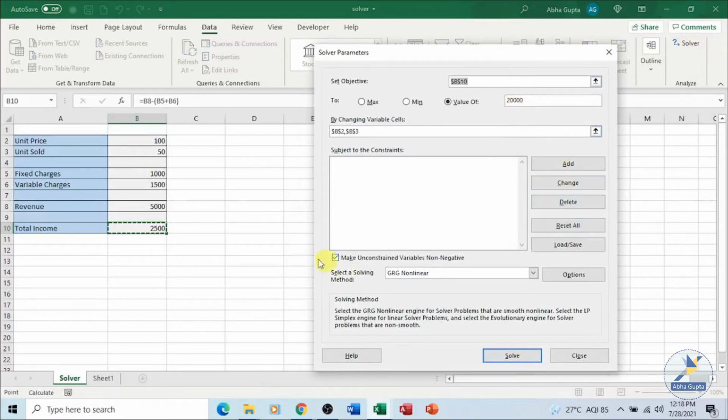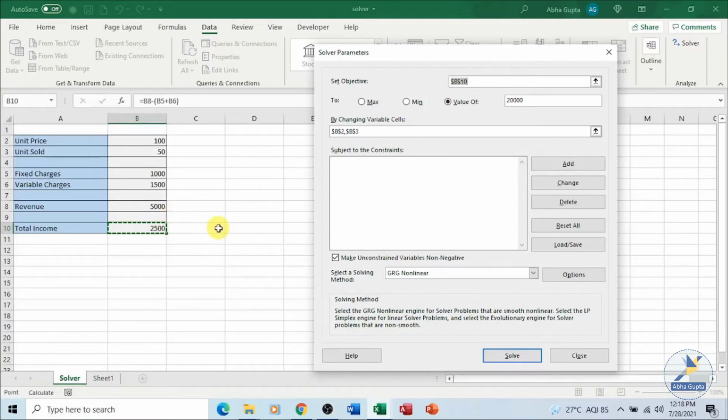When we talk about Solver, we talk about three things: objective cell, variable cells, and the constraints. Now the objective cell is the cell where I have my goal or the target, and it must contain a formula. For example, this is my target cell.